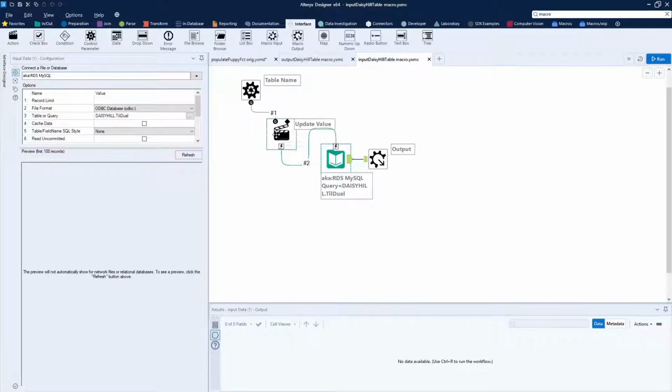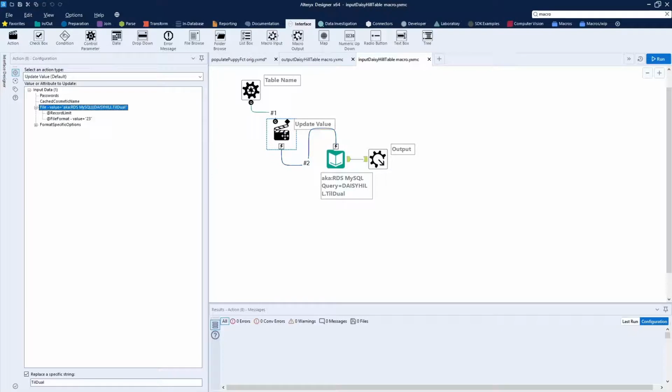And how I get that changed is I go ahead and drop an action widget in the middle. So it's being fed from queue to queue with the parameter coming in. The lightning bolt at the end says that it's going to take action on this widget and do some additional change or work. What I want to do here in the middle is that we are getting in this string, and I want to update a specific value. If you browse through here and expand all of these out, you'll see that there are lots of things that you can change. So basically through action, you can change any of these pieces of information that's associated with how